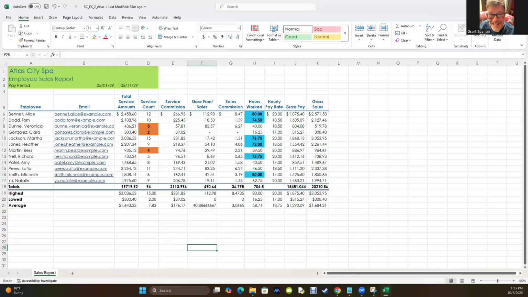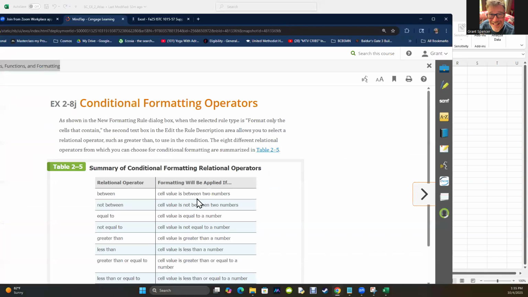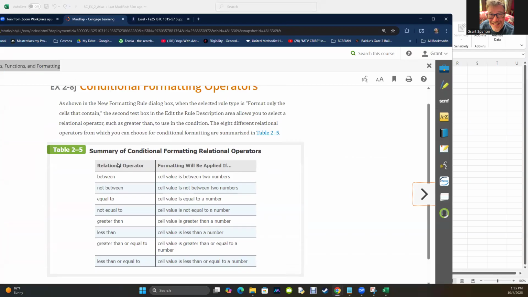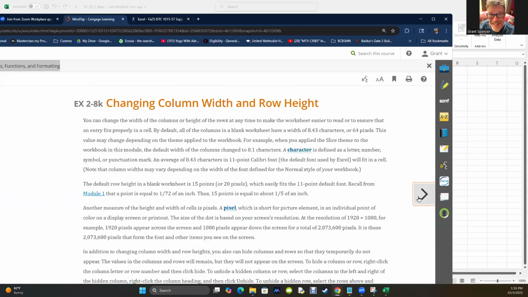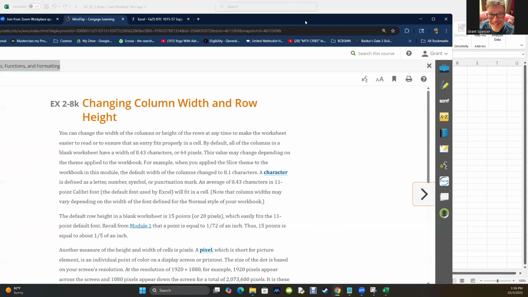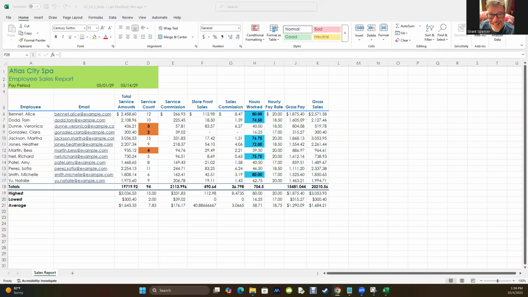All right, so we have conditional formatting in there. Awesome. Next. Now, pay attention to what this is talking about. This is on 8J, but they're sort of showing you all the different options that you have in conditional formatting. And now we're going to leave that idea and talk about changing the width,